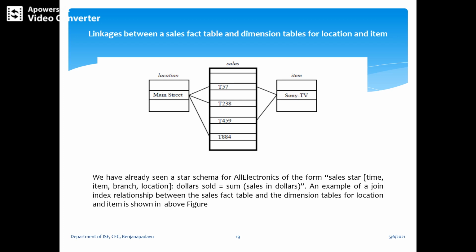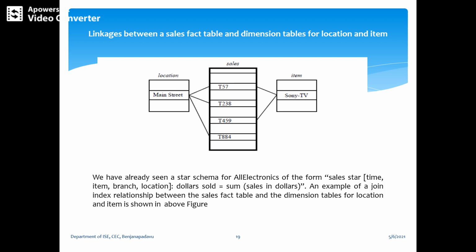So just assume that here, the sales star has time, item, branch, location, and the dollars sold, which we have taken as the same example. For example, the main street value in the location dimension table joins with the tuples